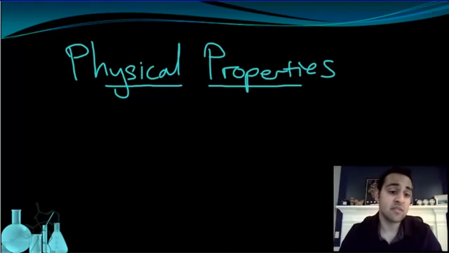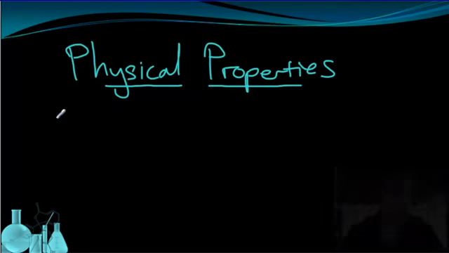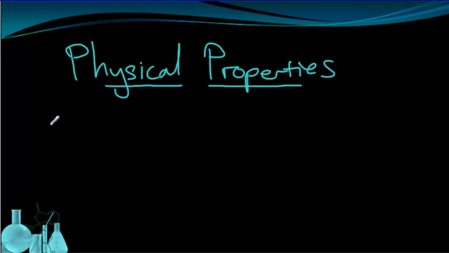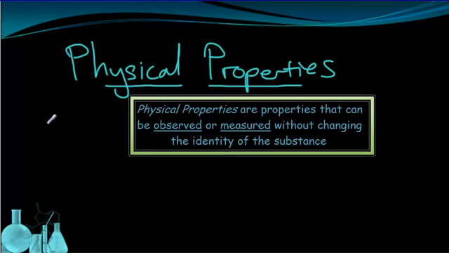All of the properties we've talked about so far, intensive and extensive, are all physical properties. What that means is we can observe or measure those properties without changing the identity of the substance. For example, you could measure the mass of that wooden block, but it wouldn't change the fact that the block is made of wood. You could tell that water boils at 100 degrees Celsius, but it'll still be water when that happens. So those are all physical properties because when you measure them or observe them, you don't ever change the identity of the substance.